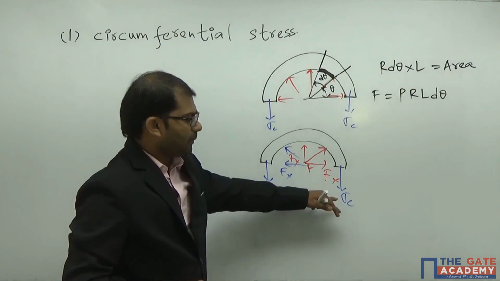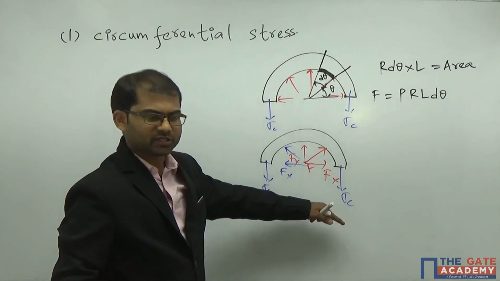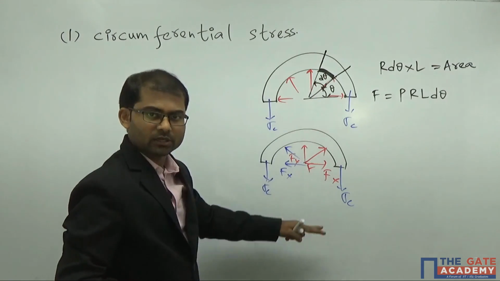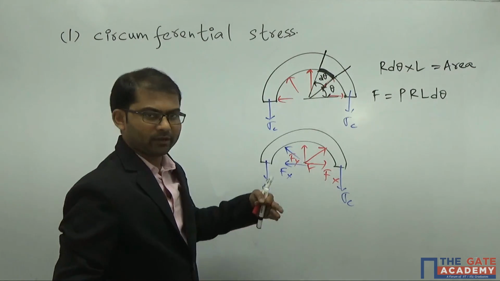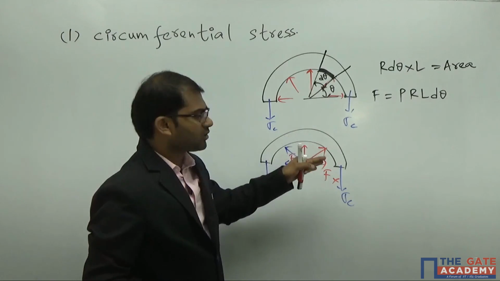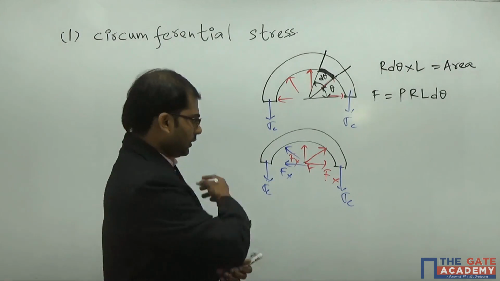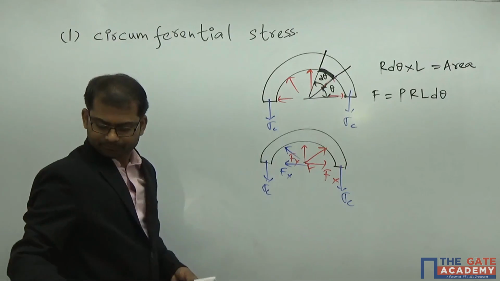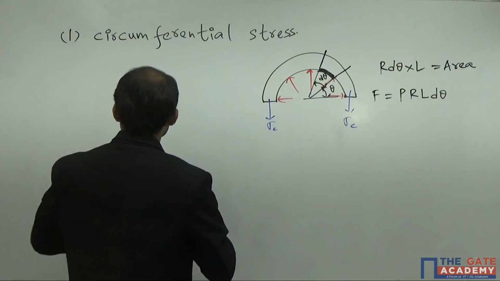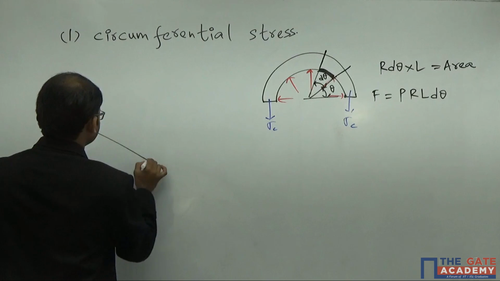The magnitude of force induced corresponding to sigma c, which is in the downward direction, should be equal to the magnitude of force induced because of the pressure in the upward direction. So let me evaluate this value here. If you take the three-dimensional view of the diagram,